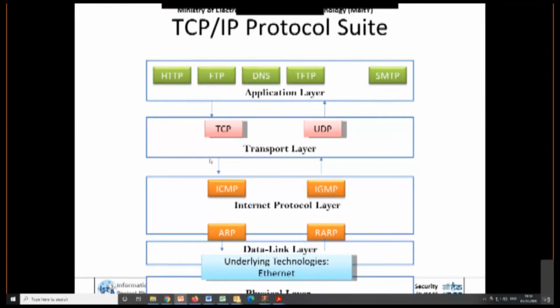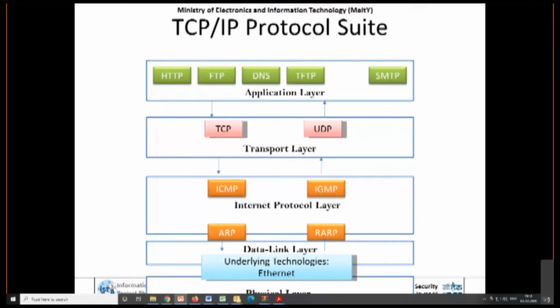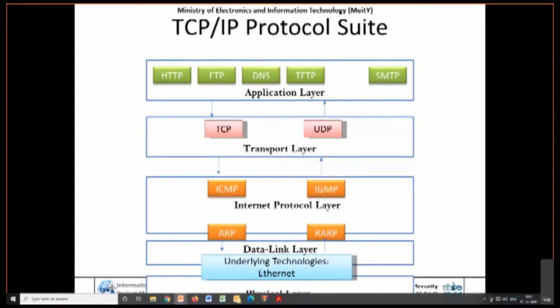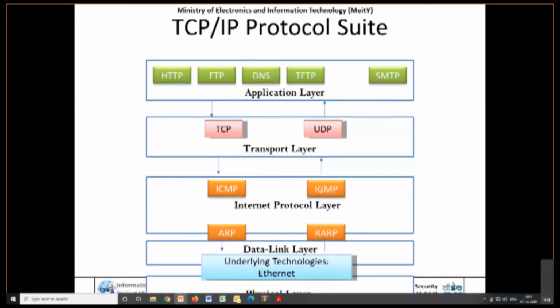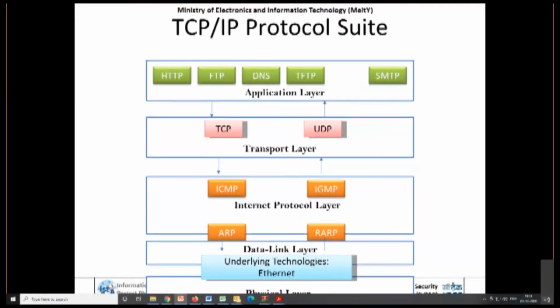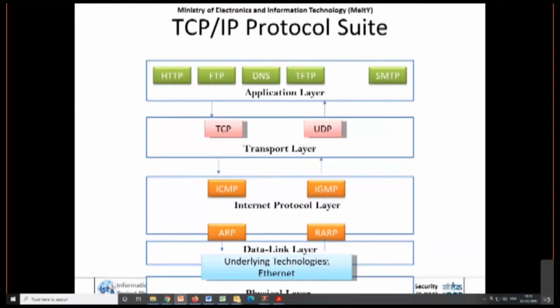When it is coming to the transport layer, TCP is used, and when it is pushing to the internet protocol layer, it could be ICMP and ARP. Both the data link layer and the internet protocol layer are responsible. Then it is forwarded as ones and zeros, bits, into the physical layer, which travels to the other side. Similarly, on the receiving side, the packets are coming to your